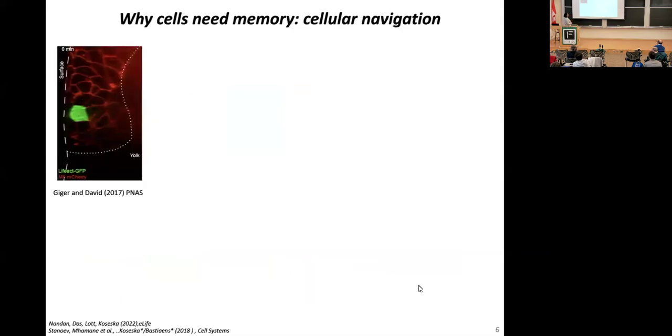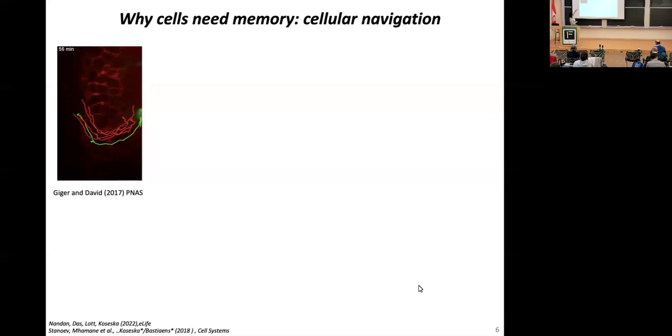So then the question was, of course, why cells would need a memory. So there are many cases in our bodies or in any system where cells actually have to migrate over very large distances in a complex environment, so among many cells. So this is an example from development, from germ layer formation in zebrafish. And if you have seen the video, or you watch the video carefully, you see that the cell migrates in this direction. Potentially, it will get confused, so it will go downwards, but eventually it resets and it continues on